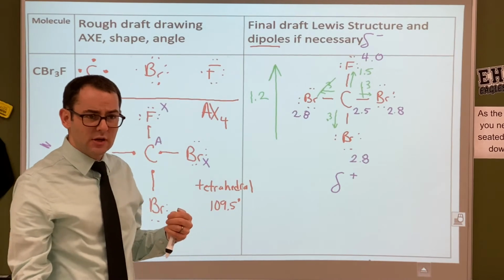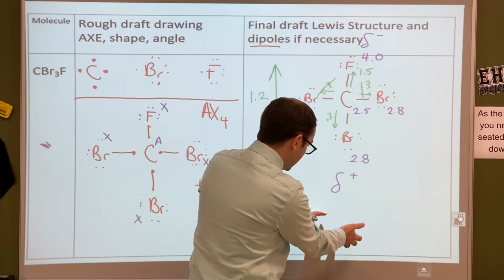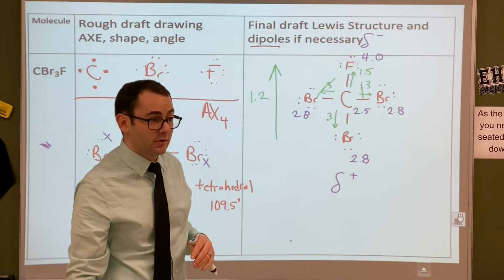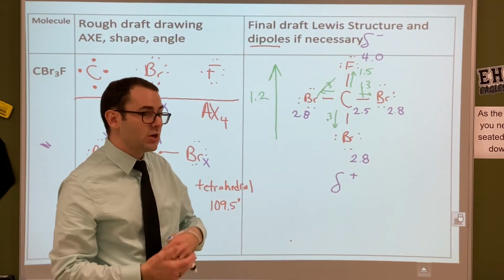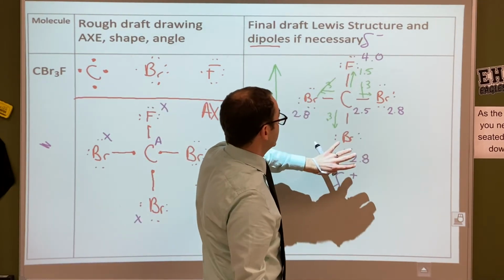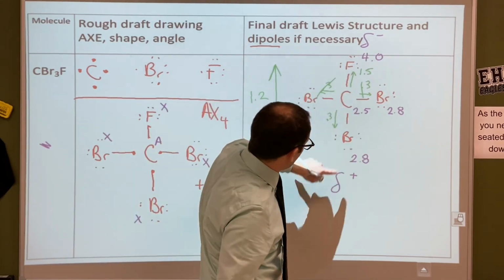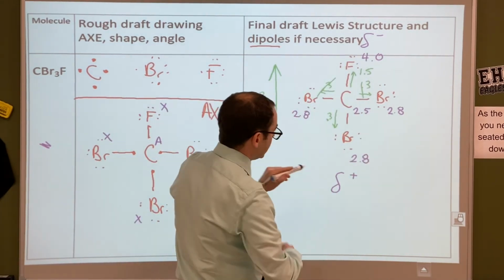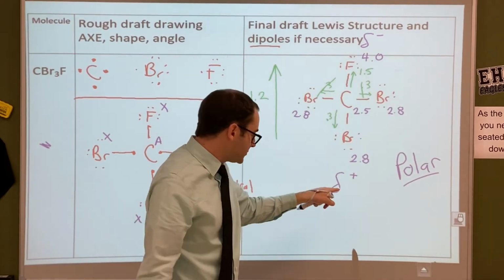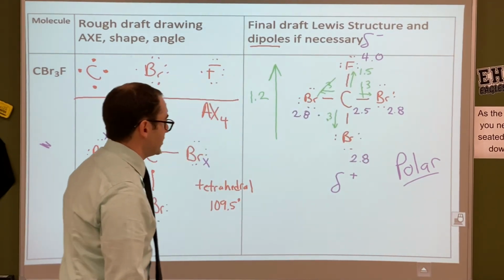Does that make sense? And if you were going to add another molecule of this to here, maybe like down here, what would you have kind of closest to this bromine? The fluorine, right? Because it's negatively charged. So as long as you can identify kind of where the dipole-dipole interactions would be, then that's good, all right? Any questions with that one? So we have our dipoles here, all right? We said it was gonna be polar, but we should write it down as well, even though just by writing these, you're saying it's polar, but we're gonna be extra clear on this, all right? So that one would be